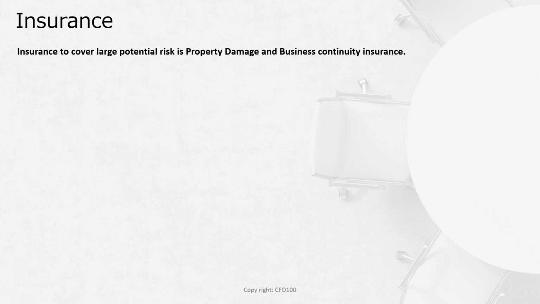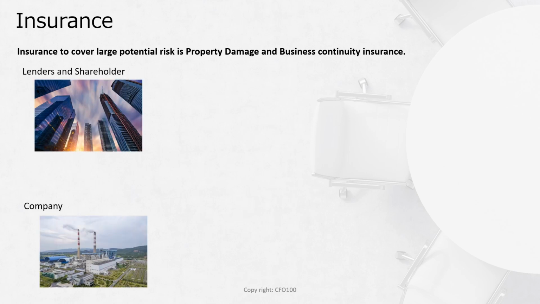As you learned in the previous slide, the CFO needs to understand and focus on some kinds of insurance having a large impact on the operation and cash flow. This slide elaborates more on property damage and business continuity insurance. First of all, you should understand why these insurances are important for operation and cash flow. For example, you are running a factory producing some products. By running this factory and selling the products, you are generating cash inflow.